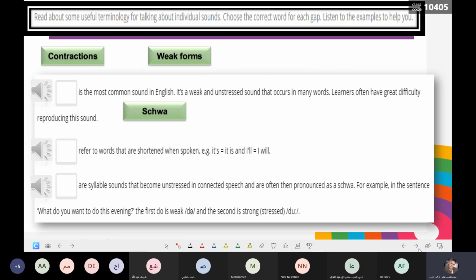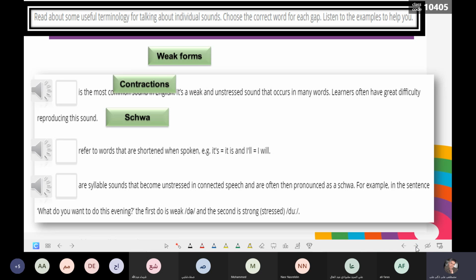Okay, and what about the third one? I bought my computer in America last month. I'll tell you when it's finished. The weak forms are syllable sounds that become unstressed in connected speech and are often then pronounced as a schwa. For example, in the sentence,